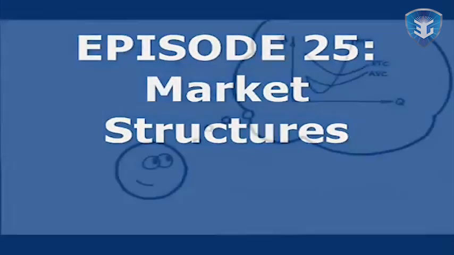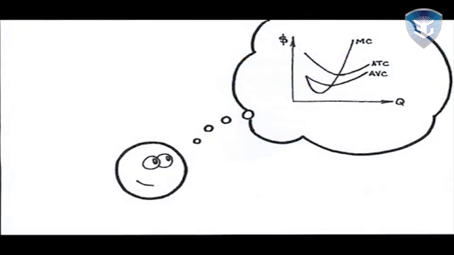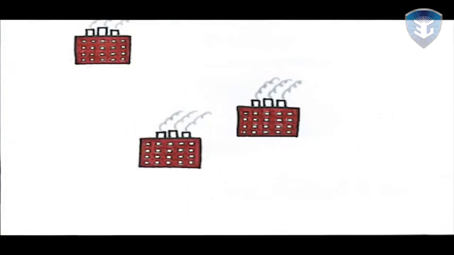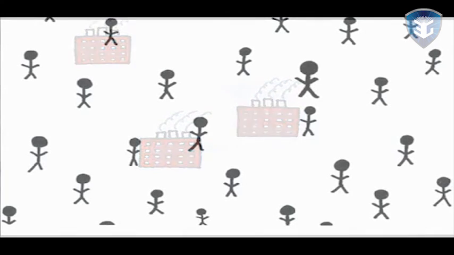Now, cost curves are always going to look the same, but other elements like price, revenue, and demand will differ depending on the market structure that the business operates in. Are there lots of producers or only a few? Is my product just like everyone else's, or is it unique? The characteristics of a market will clue you in as to the type of market structure you're dealing with. Really, there's a continuum of market structures.